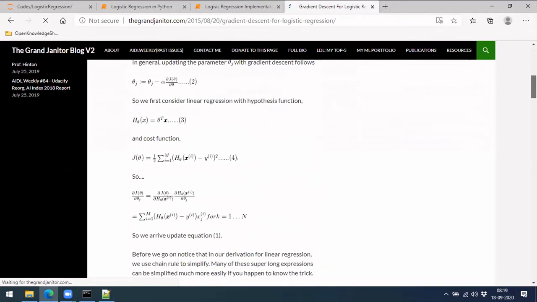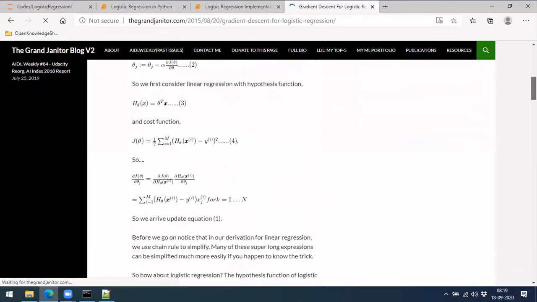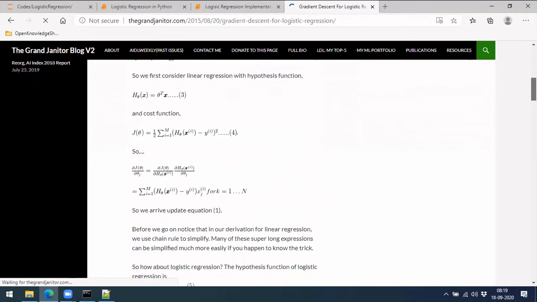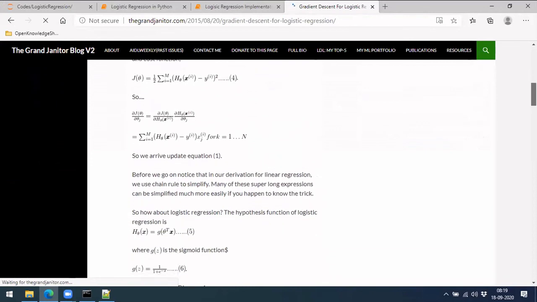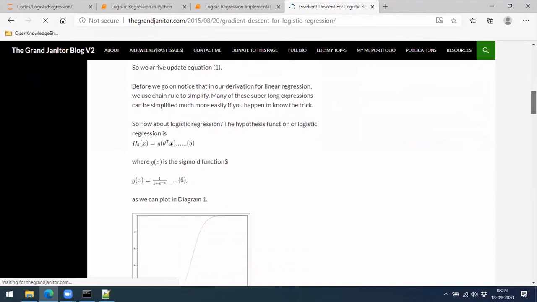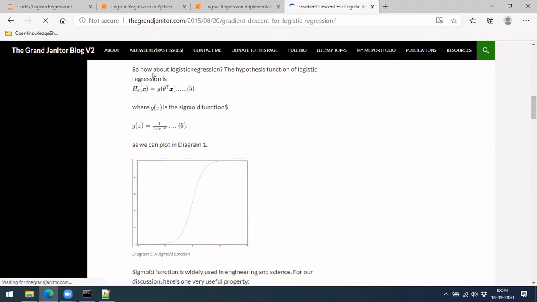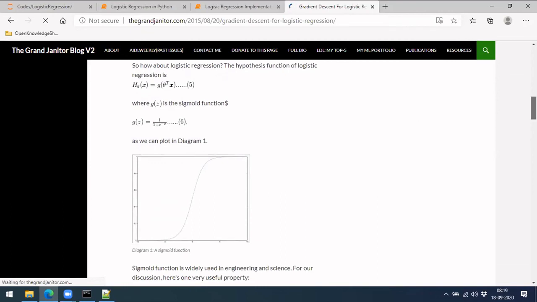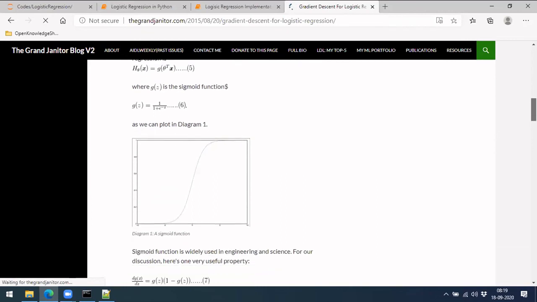I did not find this derivation in many articles. I think this is the only article where I find a step-by-step process. If you remember, we are implementing this function on top of theta x, right? So that was given here. That is taken as g of x, and your complete prediction, y prediction, is actually taken as h theta of x. That is slightly different nomenclature from what we have used.